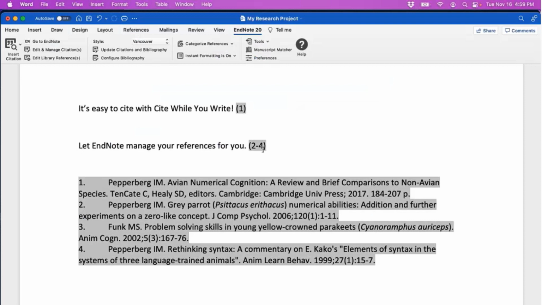Now, if you ever want to delete a citation, you don't want to just take it out by hand. The reason for that is that EndNote adds what are called field codes to your Word document. Field codes are sort of like a low-level programming language that Word provides, and Word uses for various dynamic elements like page numbers, tables of contents, date and time, things like that.